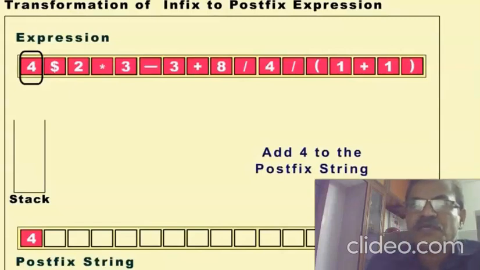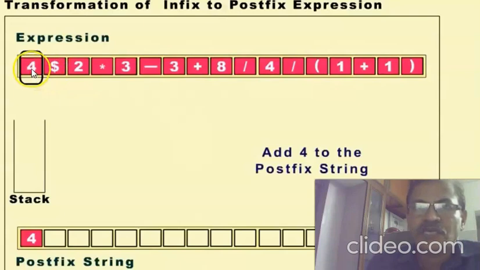Let us see the animation now. See, this is the infix array, and we have kept the expression, and this one is a dollar symbol which can be assumed to be the exponential symbol. We are not used to this dollar symbol in an expression. For the time being, let it be the exponential symbol. So it has a precedence higher than multiplication or division. Just keep in mind that.